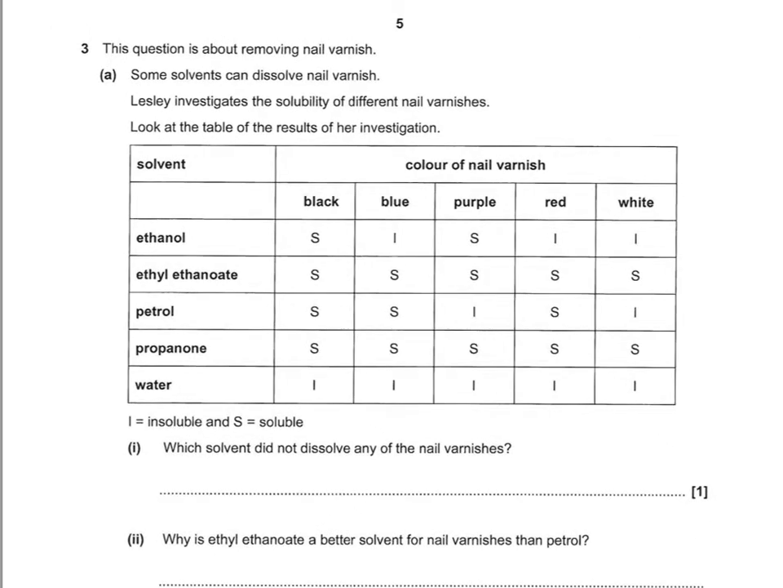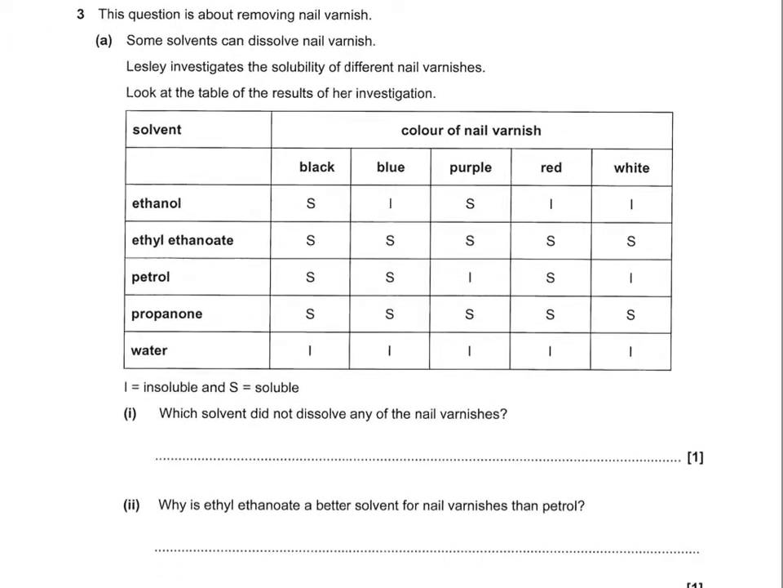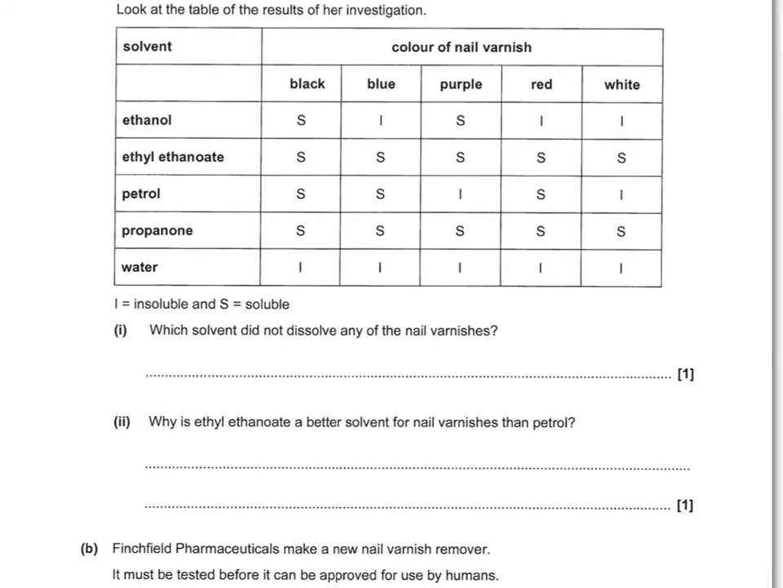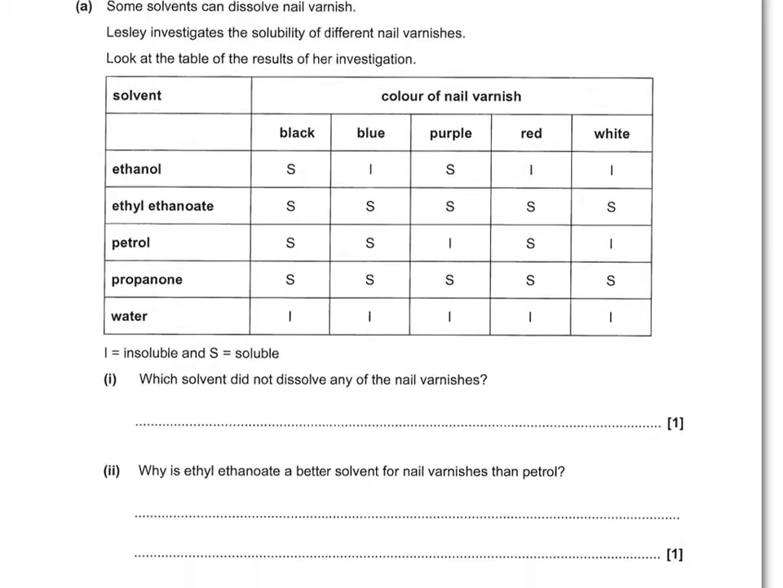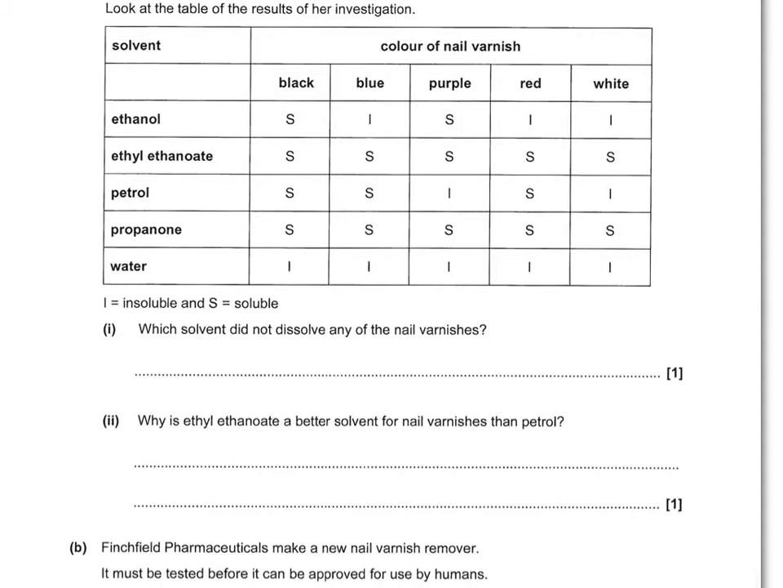So this next question is about solvents. The table shows us results of an investigation where Leslie was investigating the solubility of different nail varnishes in different liquids. It says, which solvent did not dissolve any of the nail varnishes? Well, the table shows you which ones were insoluble and which ones were soluble. Insoluble meaning that it doesn't dissolve, and soluble meaning it does dissolve. So you can see that water is the only one that none of them dissolved in, because they're all insoluble